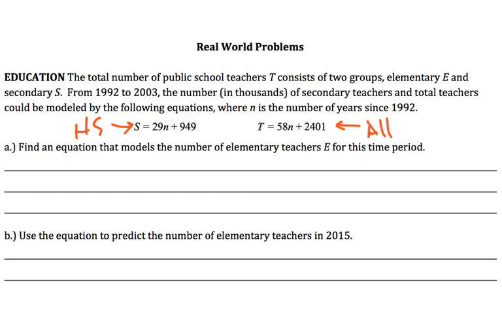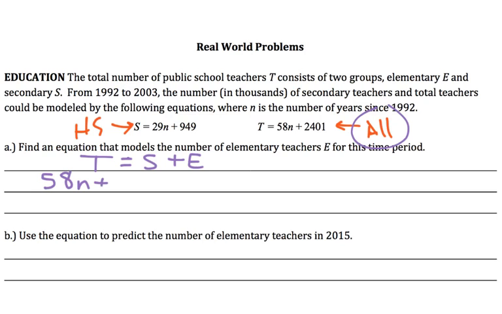Because first of all, you might be thinking that they gave you high school and elementary. We need to find an equation that models the number of elementary school teachers, E, for this time period. Well, we knew that the total was going to be T, and that would be made up of all the secondary and all the elementary teachers. Now, let's plug in what we know. All of them is this value. So instead of T, I'm going to write 58N